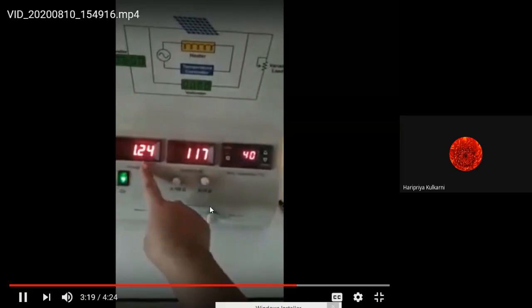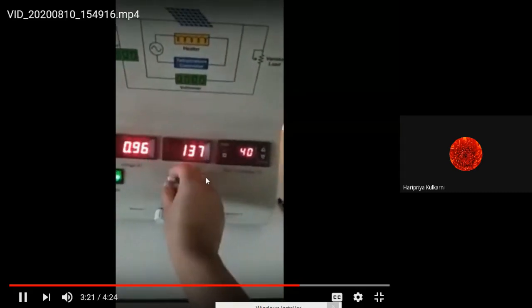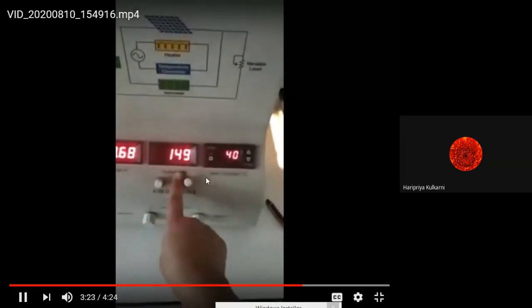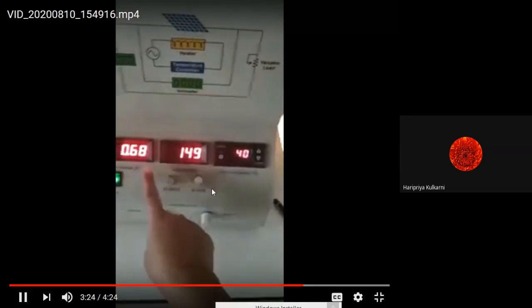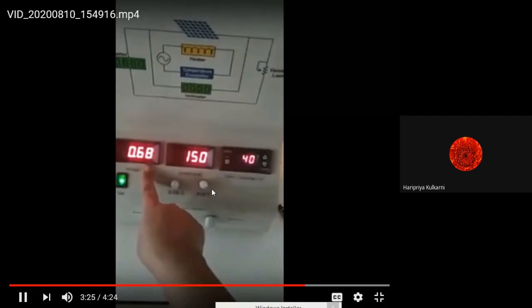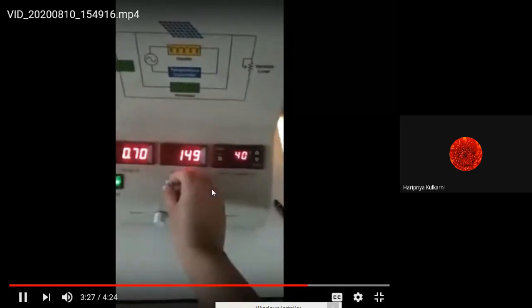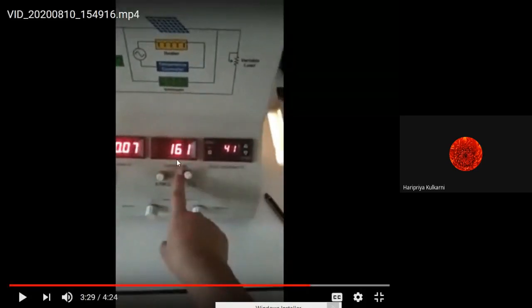Next reading, 115, 150 milliampere, 0.69 volt. Next reading, 161 milliampere, 0.07 volt.